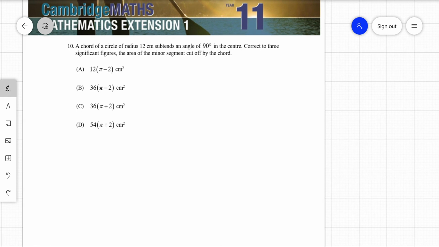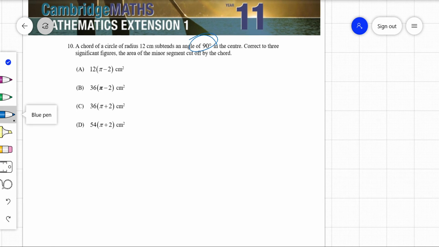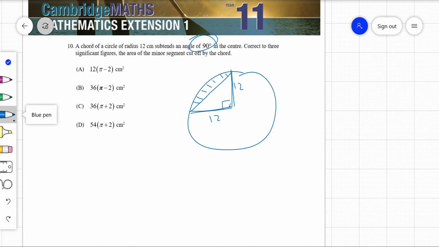Okay, and number 10. Oh, you can do this a few different ways, I can see, because it has an angle of 90 degrees. So here's my terrible picture. Angle of radius, it says, is 12, so that's 12, and it talks about a chord, and it wants the area of that minor segment. So a nice way is to use geometry, really. So that's a quarter of a circle. Take away that area of that triangle. So a quarter of a circle is a quarter of pi r squared, in this case pi 12 squared. Take away the area of that triangle, which is half the base times the height. Base times height, they're both 12, so that's 12 squared. So you can see I've got 12 squared,